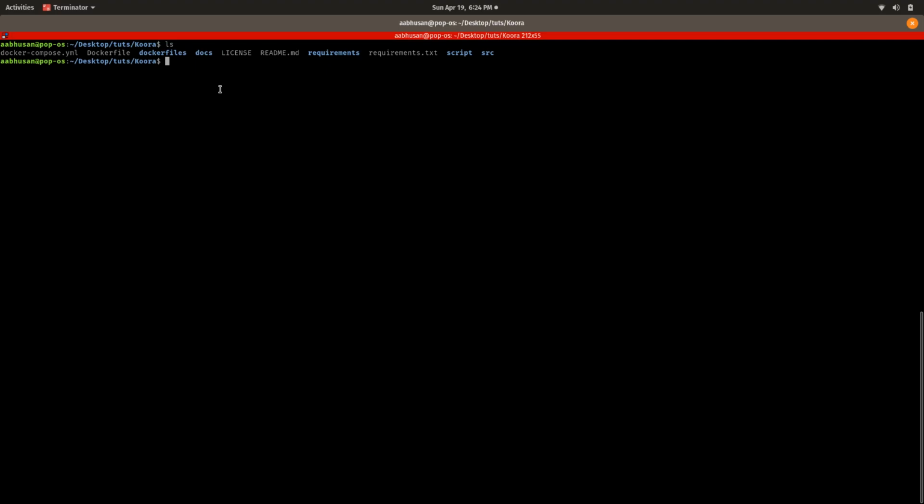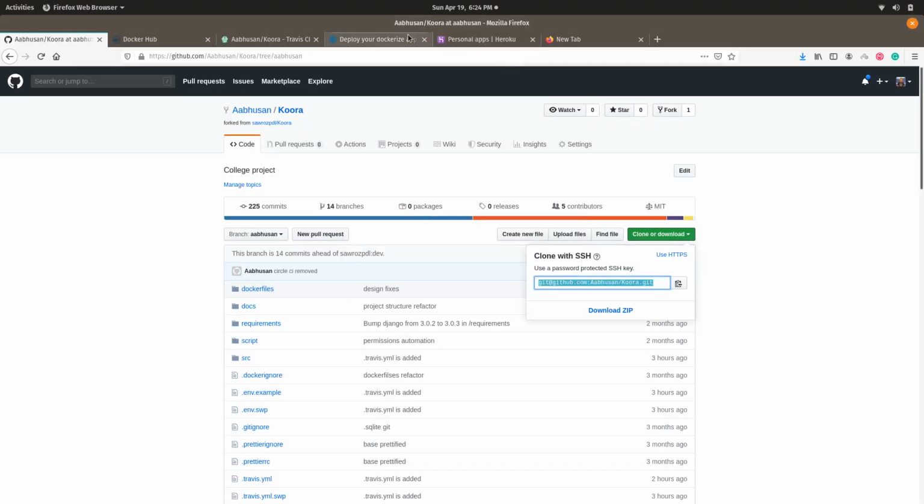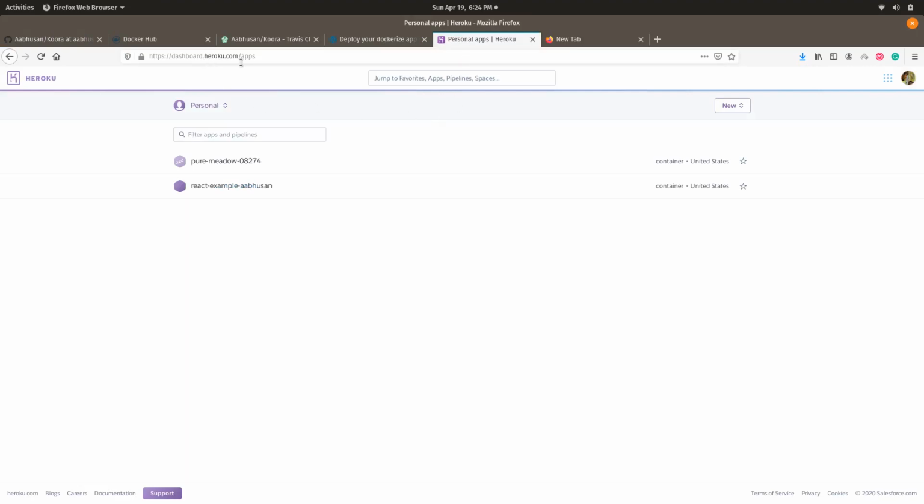Now, first of all, what you have to do is create an account in Heroku. So let's go, and I will show you how to create an account. So go to Heroku, and here I have already created an account. You also need to create an account, and you will be directed to the dashboard like this. This is the dashboard of Heroku, and you need to create an application, any application. In this case, go to new and create a new application